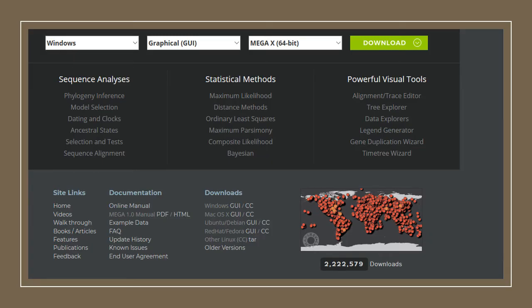If you scroll to the bottom of the home page of MEGA, there are a lot of useful information links that you can click on, such as tutorials, like videos, walkthroughs, articles and features, frequently answered questions, and they also